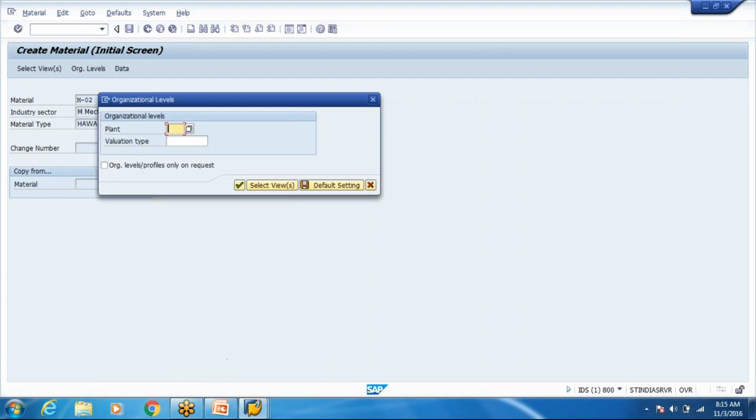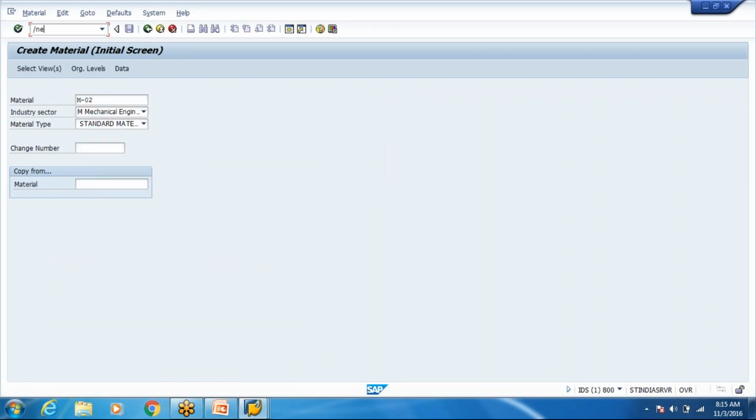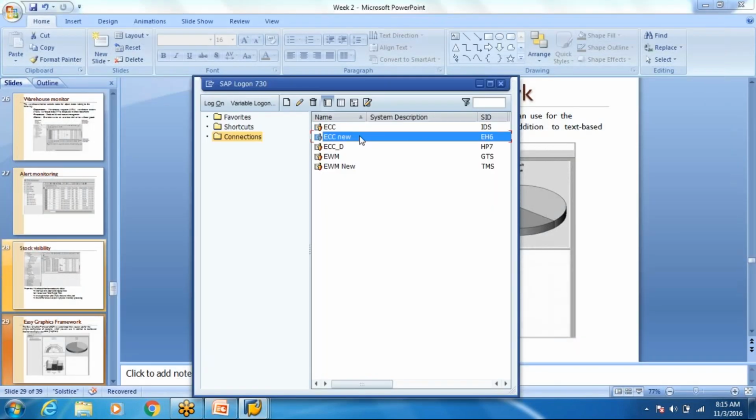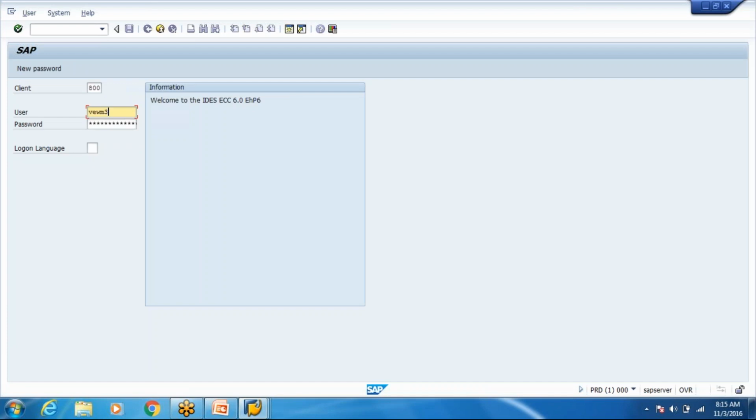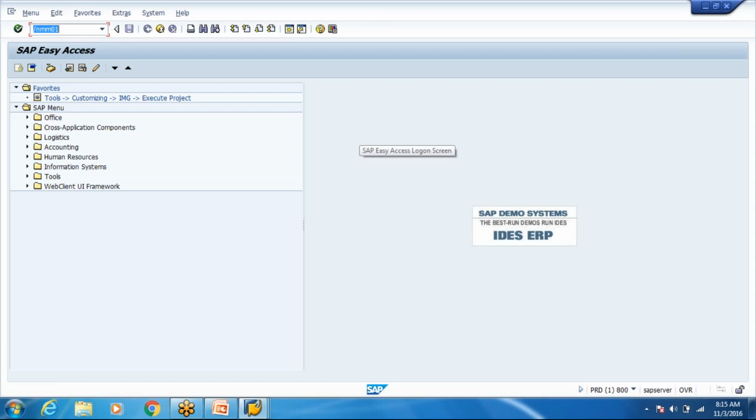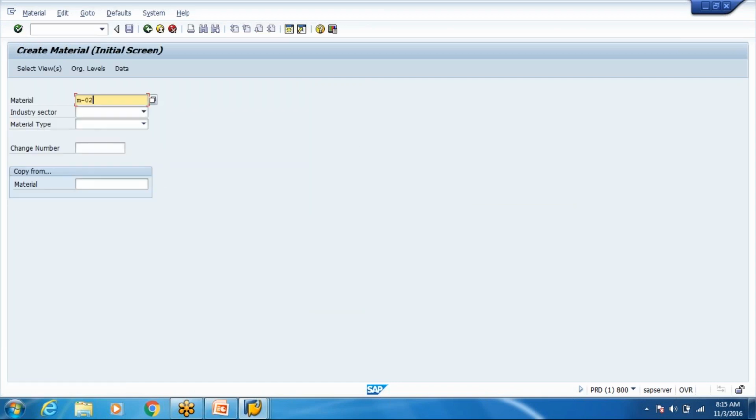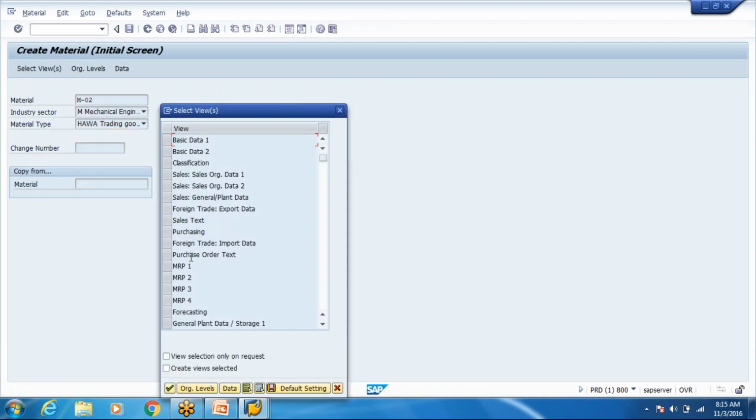You have to extend all the relevant views, but at least the purchasing and accounting views, to be able to create. Oh, I'm sorry, I mean another system. Are you in IDS? So have you created that in your plant?